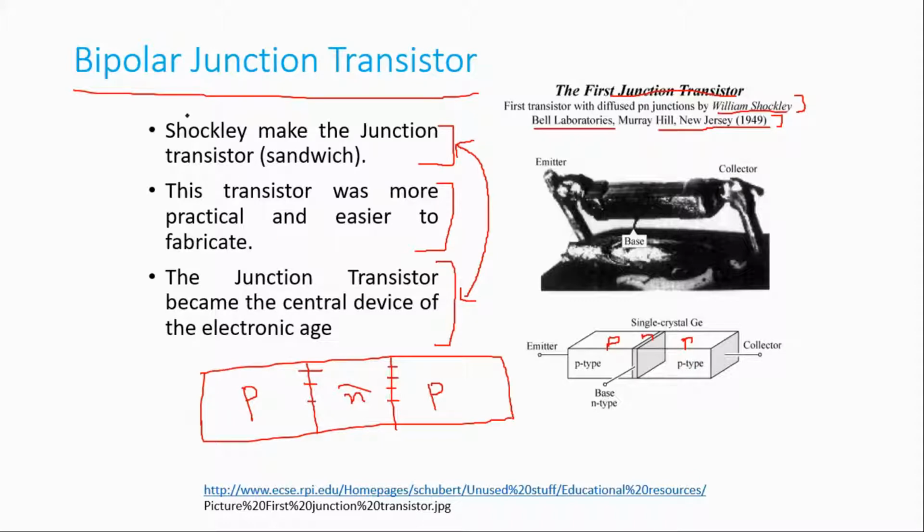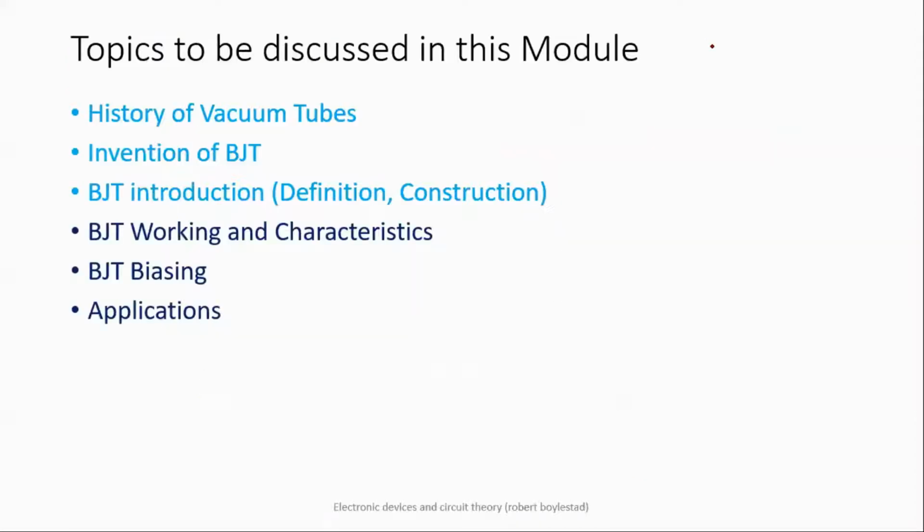So why is it called bipolar? Because in this particular transistor, two polarities are involved. Electrons will do some work, holes will also do some work. So both particle carriers participate. Okay. So that's a little bit about the invention of the BJT, that they were invented under certain conditions, but things get better and better. That story we will discuss sometime later.